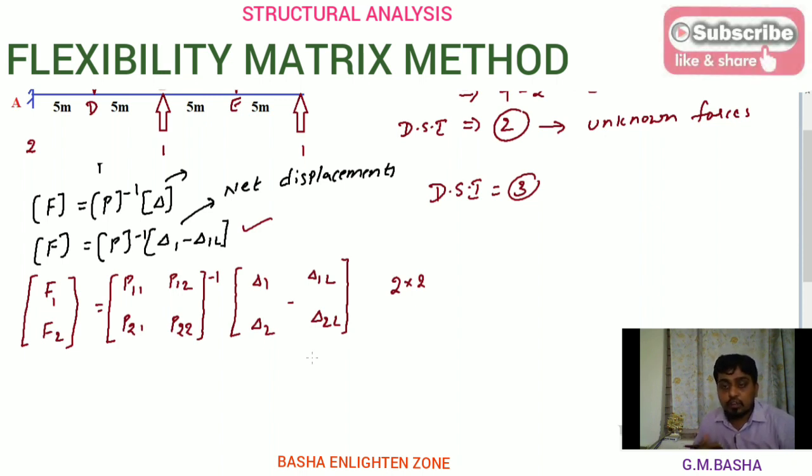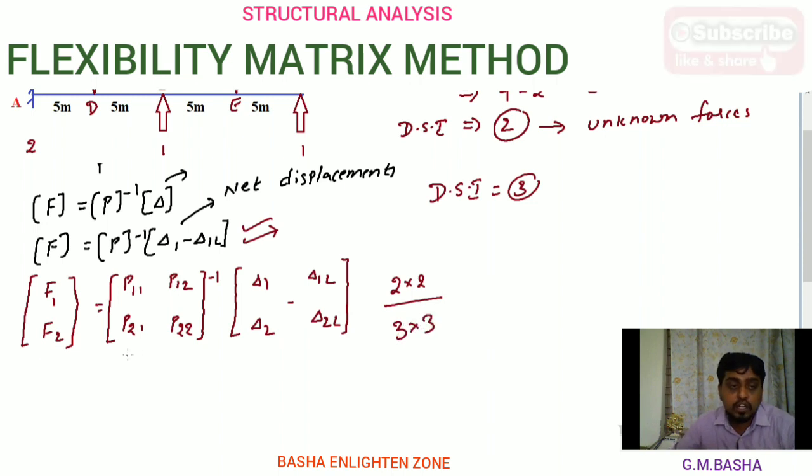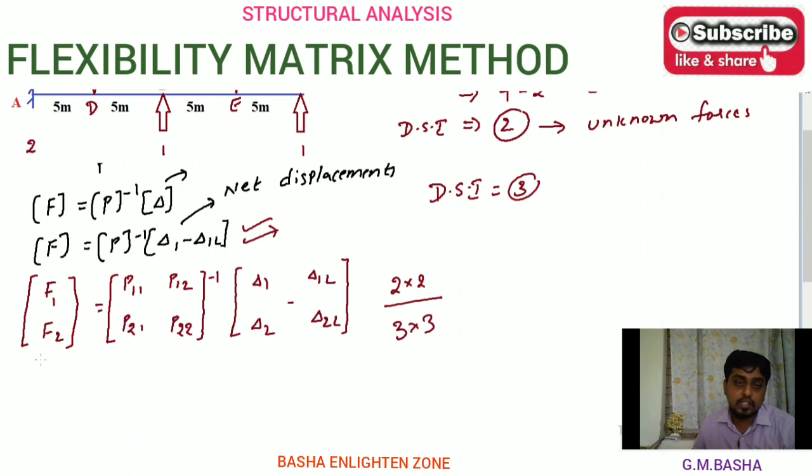For example, if it is 1, this general equation will be enough to solve the problem. If it is 2 by 2, you can simplify that in the form of 2 by 2 matrices. If it is 3 by 3, please simplify that in the form of 3 by 3 matrices. Similarly for 4 by 4 and 5 by 5 matrices. But at maximum, there is a chance of asking up to 3 by 3 matrices in your semester examination.